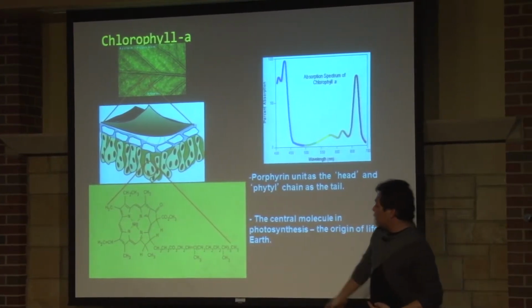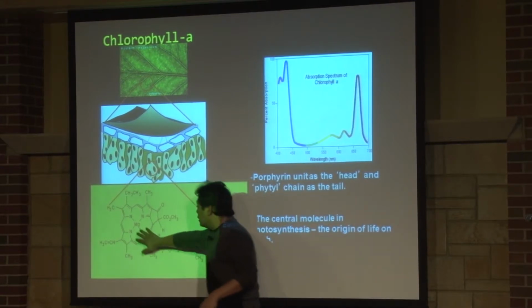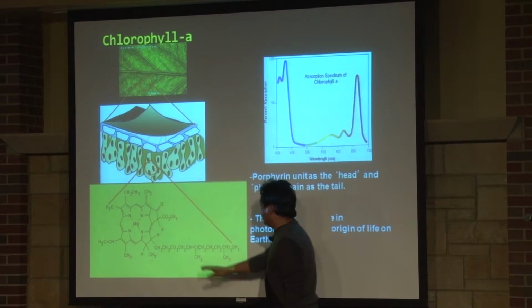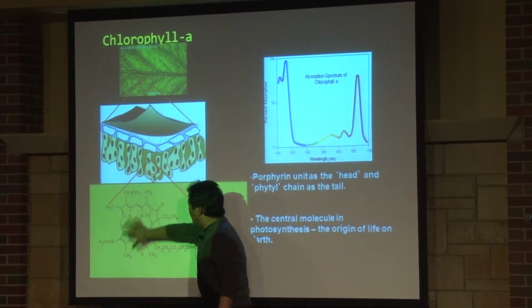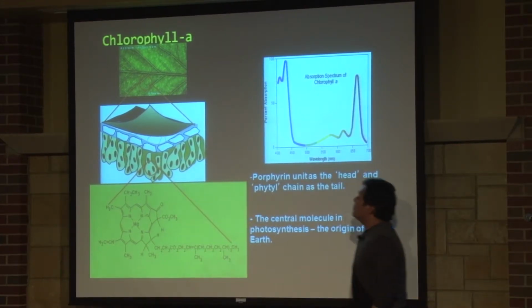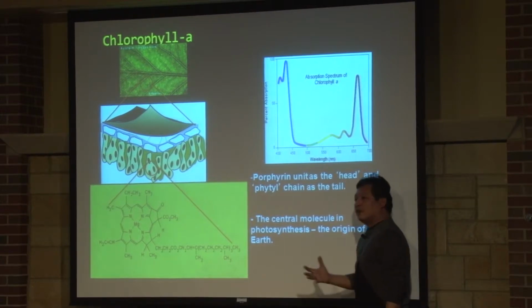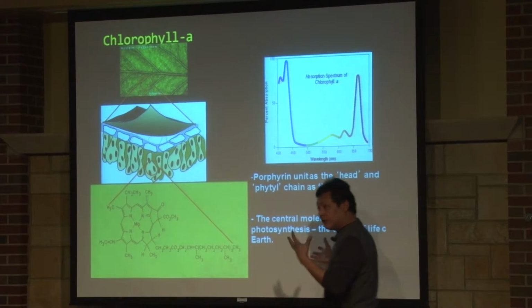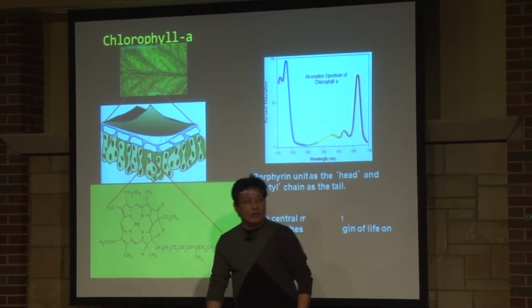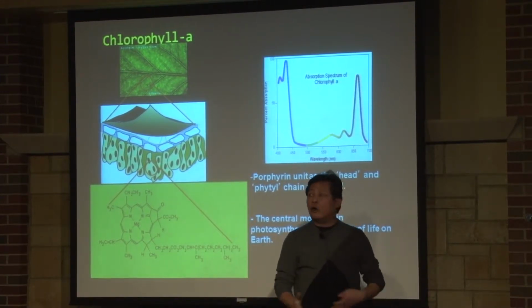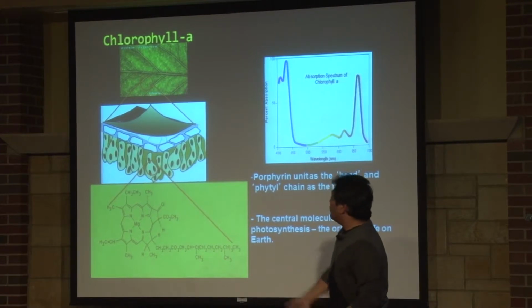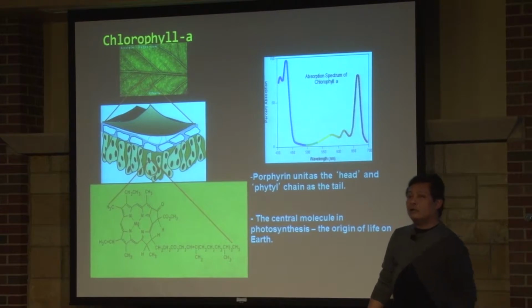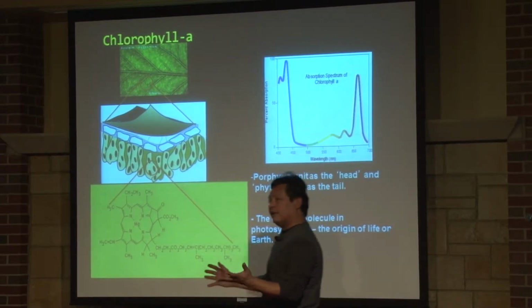That's the molecule. Here is the structure. You don't have to understand too much. If you're a chemist, you understand. Otherwise, biologists, you will. Otherwise, just forget it. But I want to show that there is one big blob and a long chain here. And this molecule is also very important for our life because it produces the oxygen that we breathe. It's called photosynthesis. We wouldn't be here today, nor any life form on the earth, without these plants and these molecules called chlorophyll. But nobody had ever seen this chlorophyll at that time.